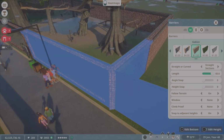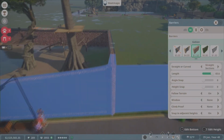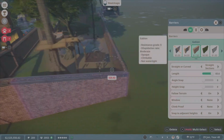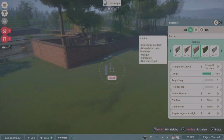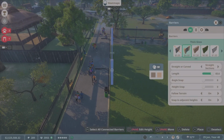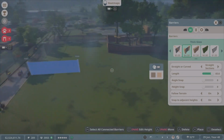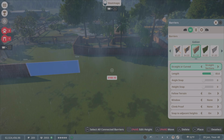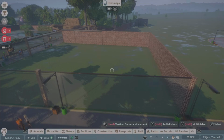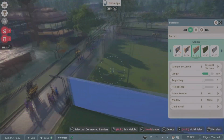This was probably the trickiest part about the enclosure, just this real quick editing of the barriers because they join. So I made it so that this side of the bonobos enclosure is just up the whole way through, just to make it so that there was no gap in between the two enclosures, so that it was on par with what the